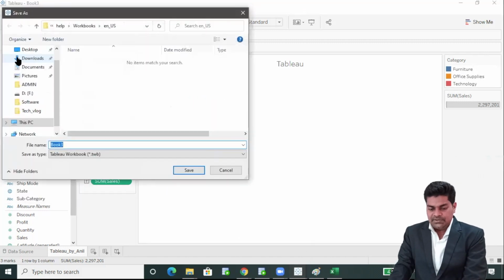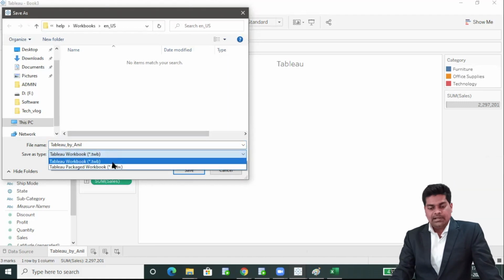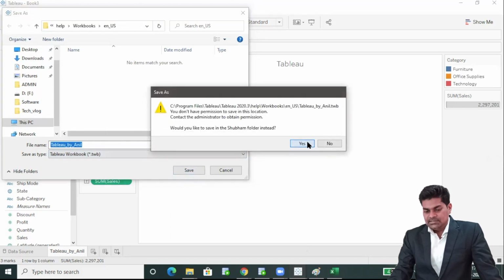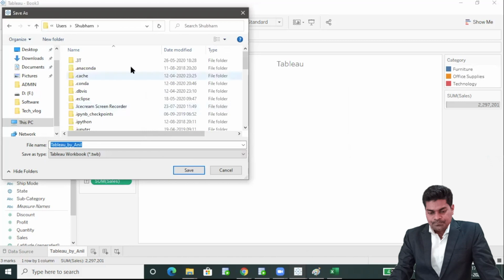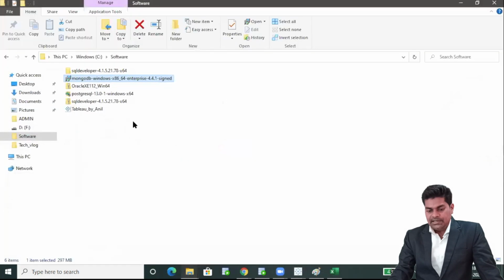And if I want to save here, and you can see TWB and TWBX, these are file types, we will see that. So this is the Tableau workbook file type. So let's save here. Okay, in my software folder you can see this file type, Tableau by Anil. So this is a Tableau workbook file.